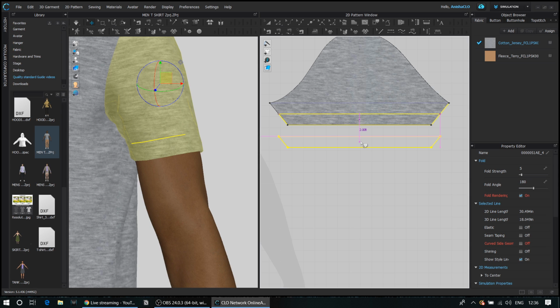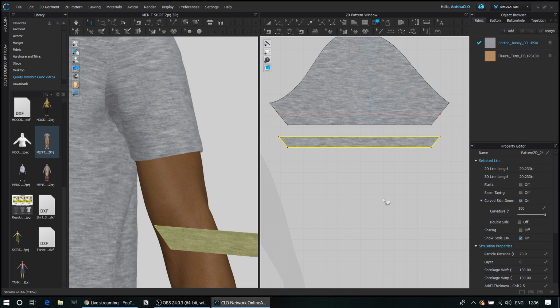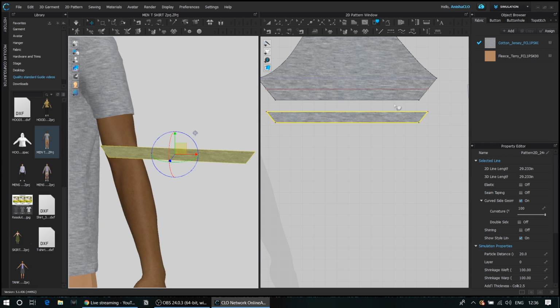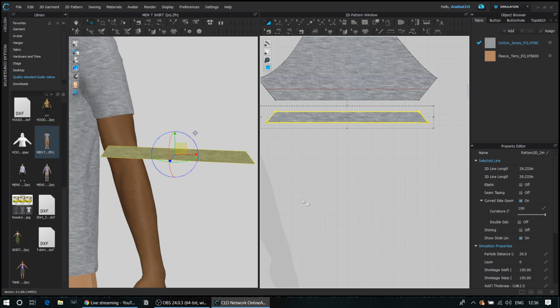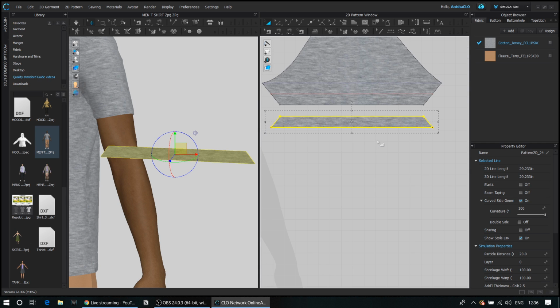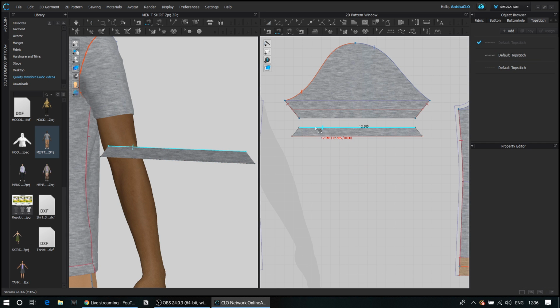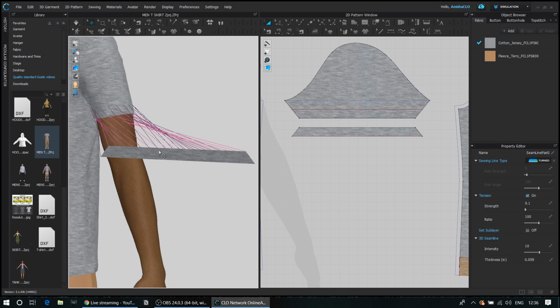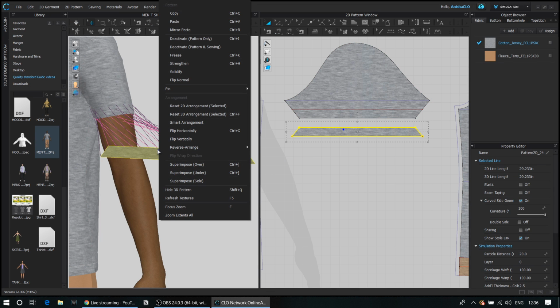You can see I get this exact pattern here, and in the 3D window you can also see the pattern is generated. Now I would want it to flip vertically, so that happens simultaneously in the 3D window as well. You can see it very clearly. Now let's just stitch it together. Here I'm just going to stitch it like this, and then I'm going to click on this in the 3D window and then superimpose